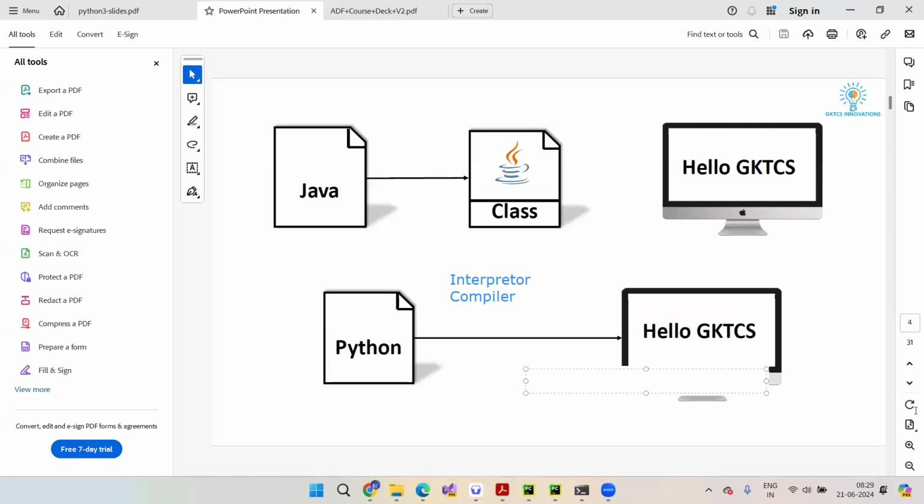Before learning those, we should learn the basic elements of Python. Then we'll also learn the data structures and collections inside Python. There are various data structures available in Python, and we are going to learn all of them.